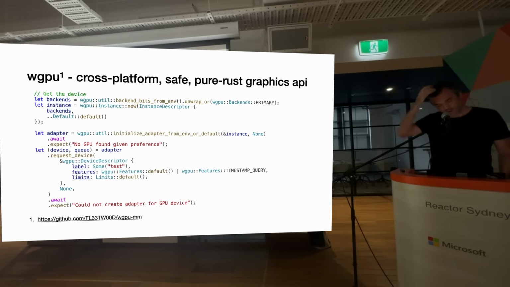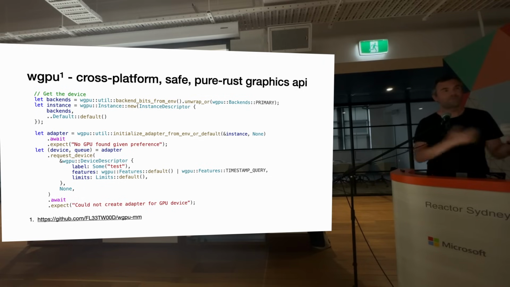Speaking of which, this is the WGPU crate. If you go near it, be prepared because it is quite a verbose thing, because it is a very powerful thing. I think there will be higher abstractions written, but at the moment it's not time to do that because this is still a moving target, and I think we should get this right before we worry about abstracting it away.